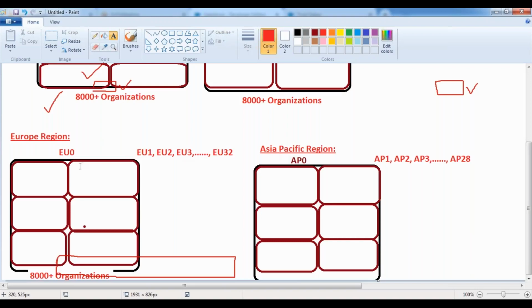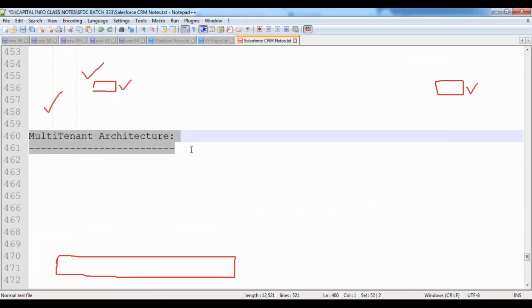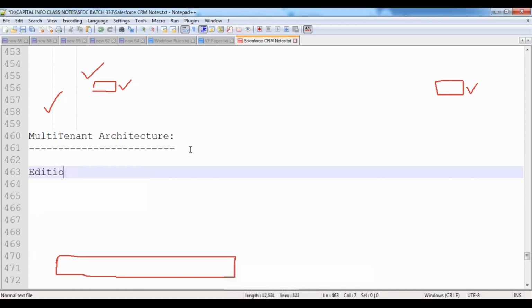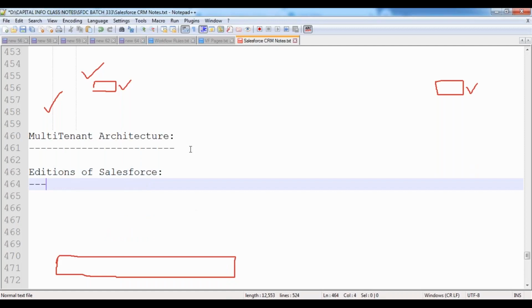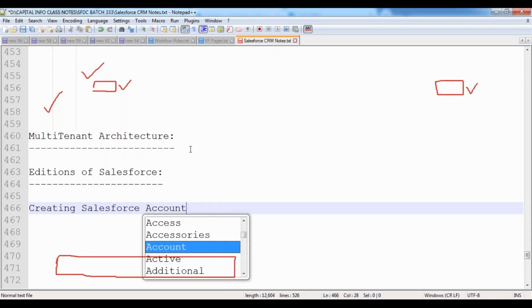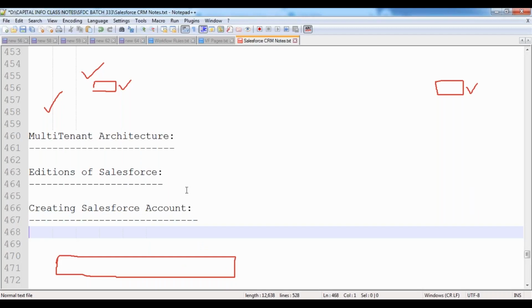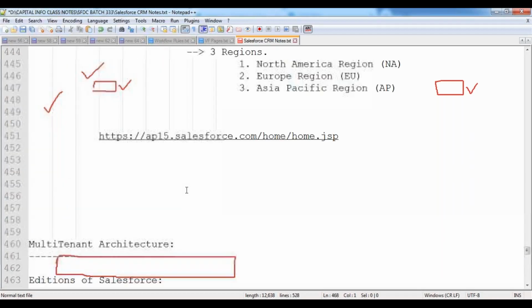Okay, in tomorrow's session, we'll see the practical server information by using status.salesforce.com, and then we'll move forward to one more concept called multi-tenant architecture, and then we'll see the concept of editions of Salesforce. And there we'll see how we can create our own Salesforce account. Creating a Salesforce account, how to create our own Salesforce account to do the practice, we'll see practically from there onwards. Okay, now